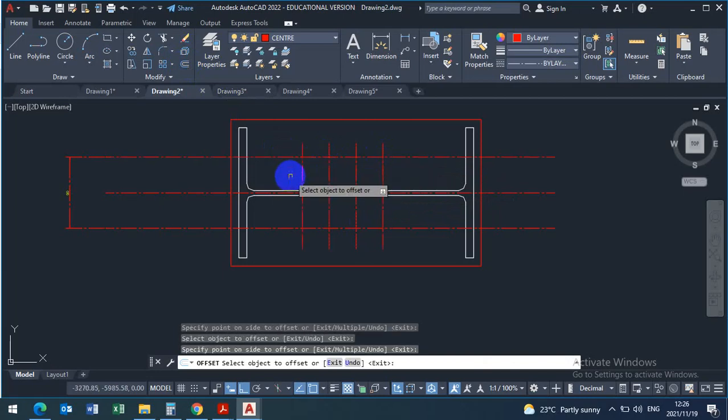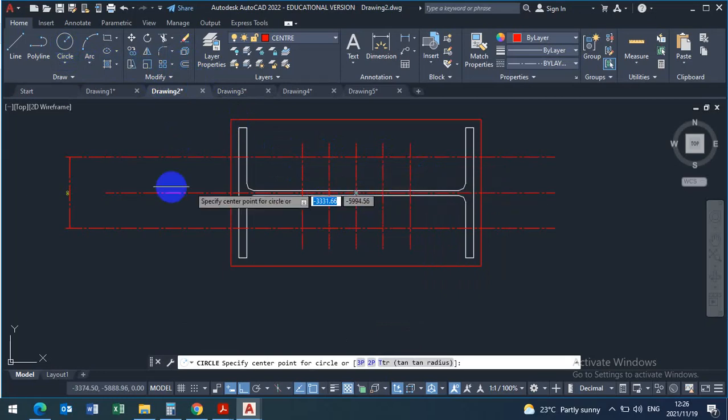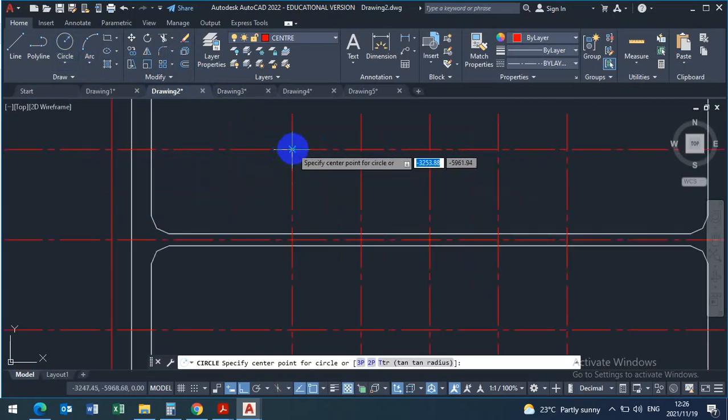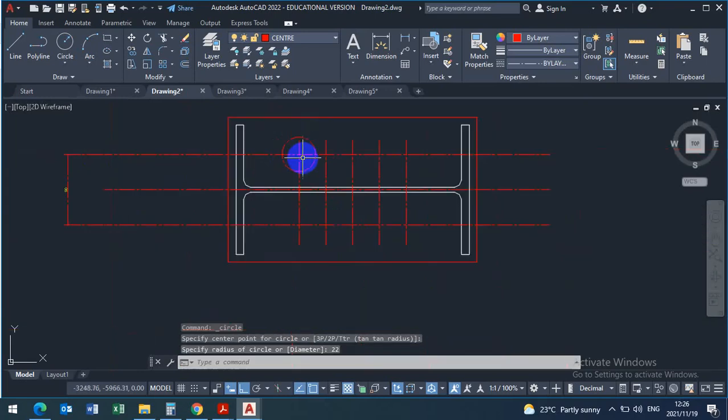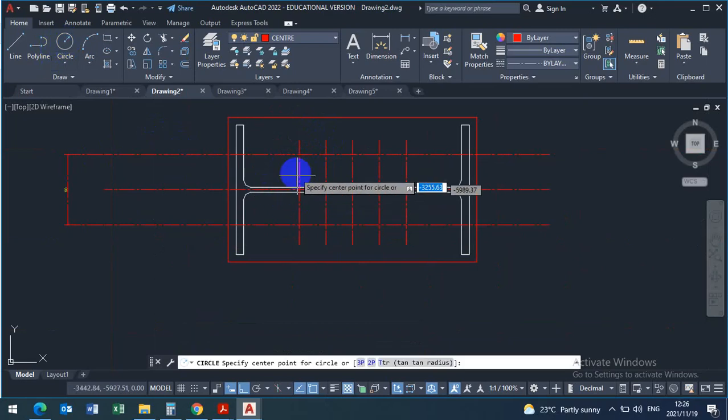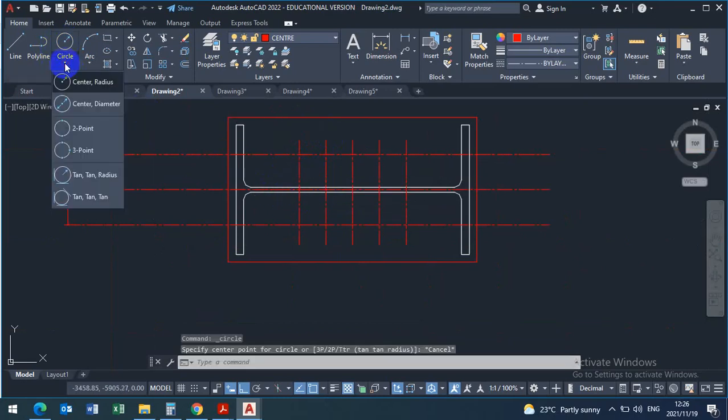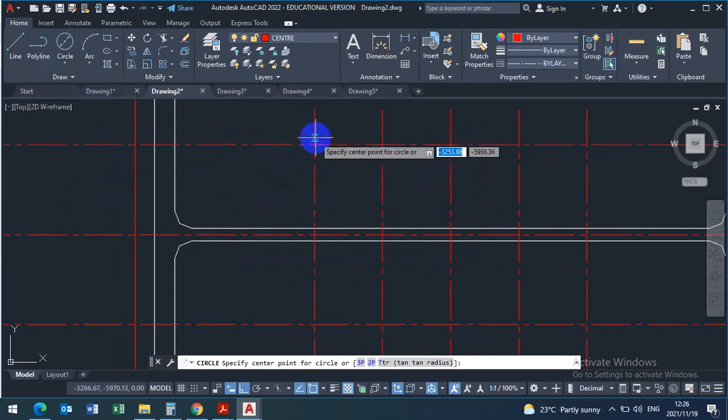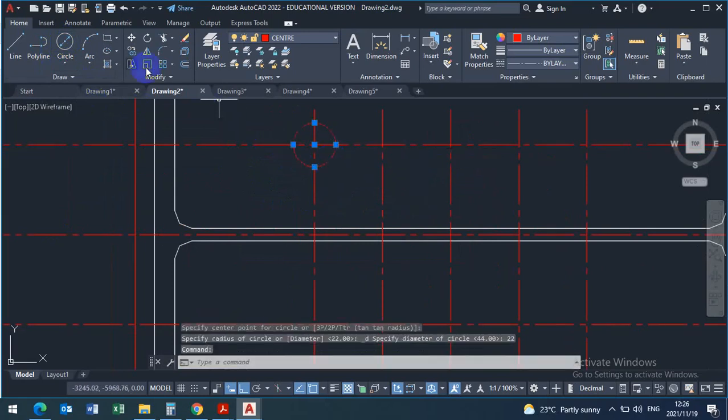When I offset again and again, but they need only 4. So when I draw a diameter hole here where the pitch matches with the gauge, they're supposed to have 22 for the threads. Okay, this one here, not diameter, radius. If you want diameter, you come here, choose center diameter, then you type 22, enter, copy